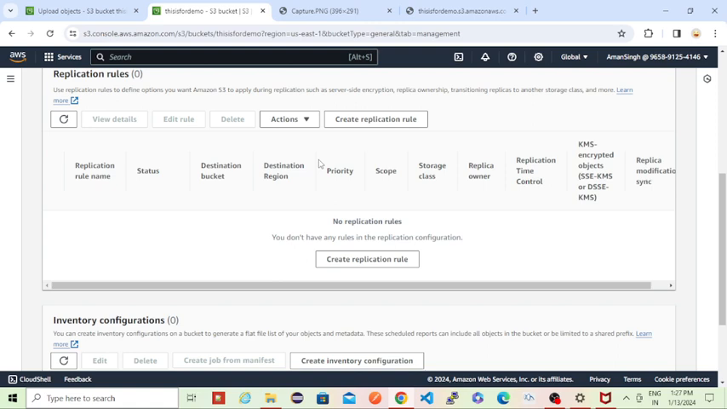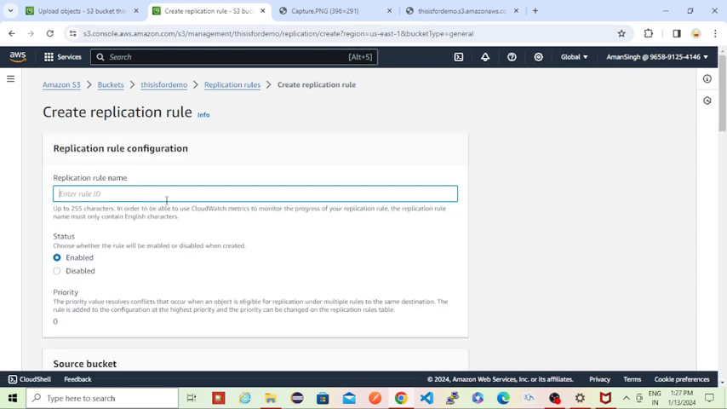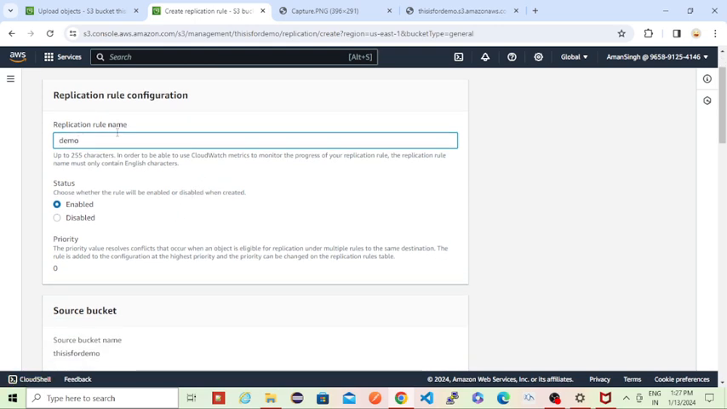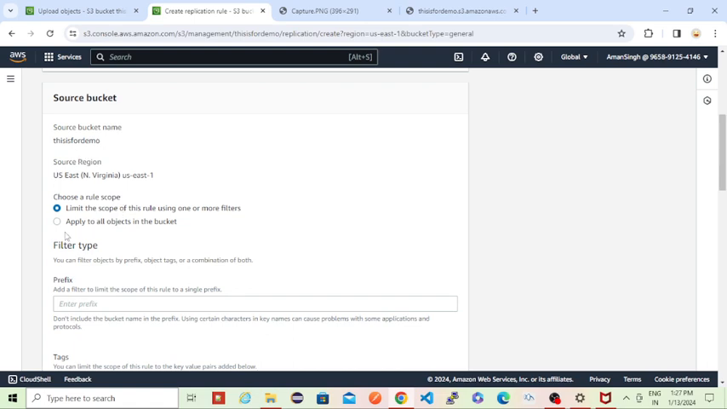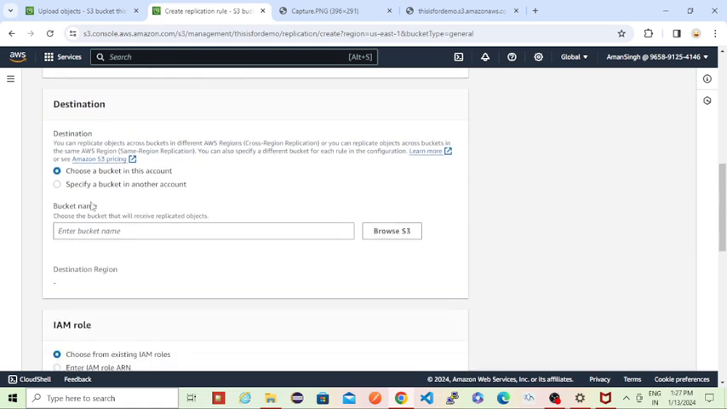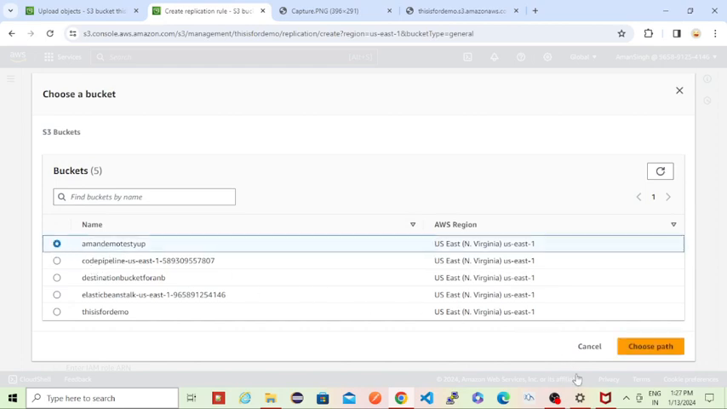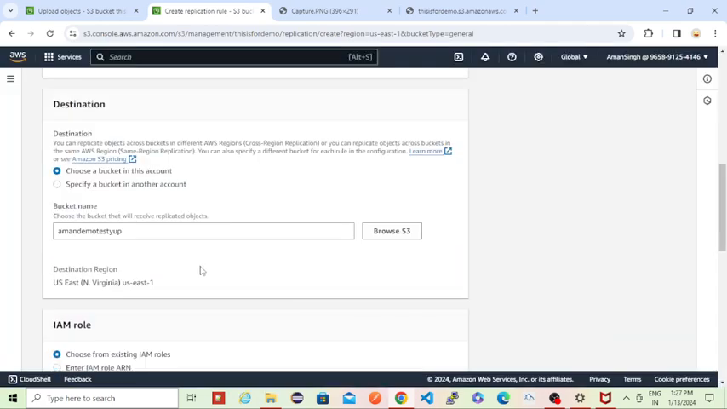So you can create one replication. Let's say here also I am giving the name as demo, then status enable, priority, then choose the rule scope, or I can give that all to apply to all objects in that bucket. And then in destination, what I need to give is where I want to replicate my object. So let's say I just want to replicate in this Aman demo test bucket, and then choose path I can give, and here